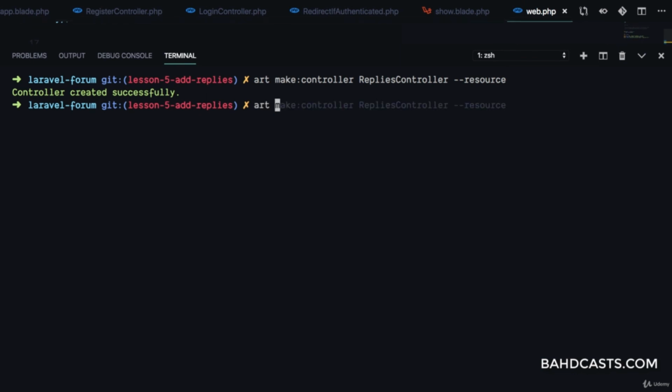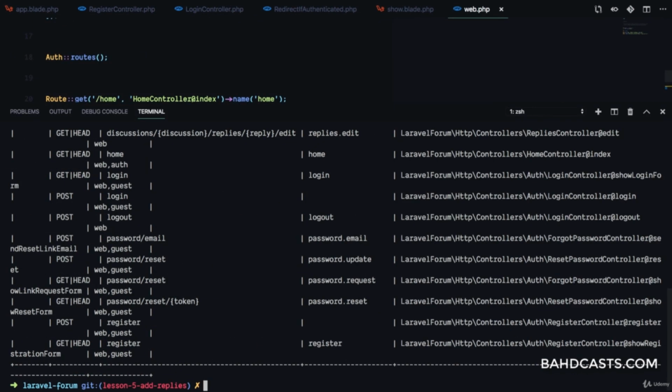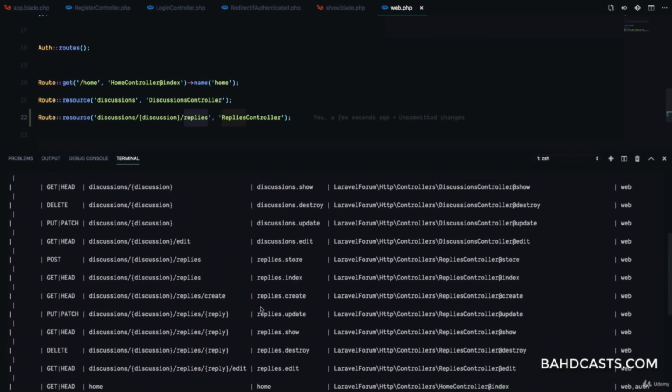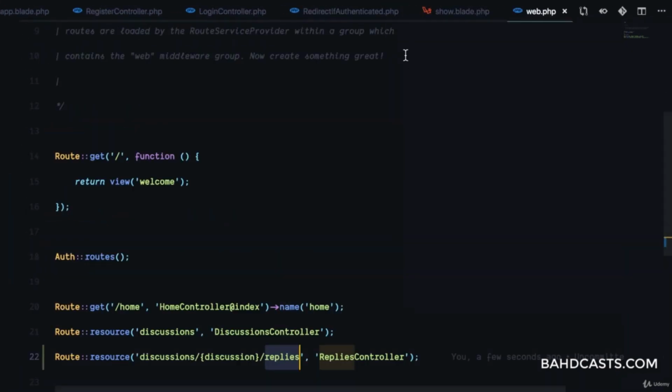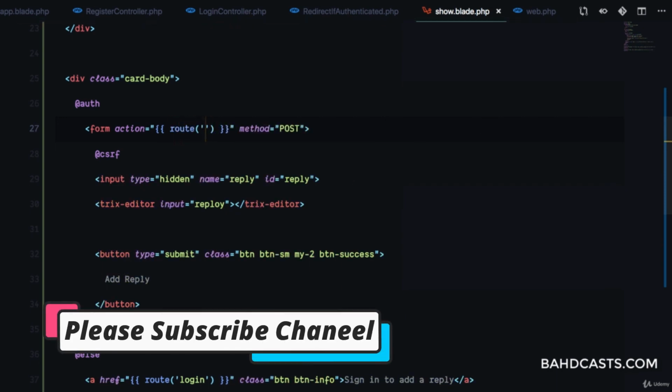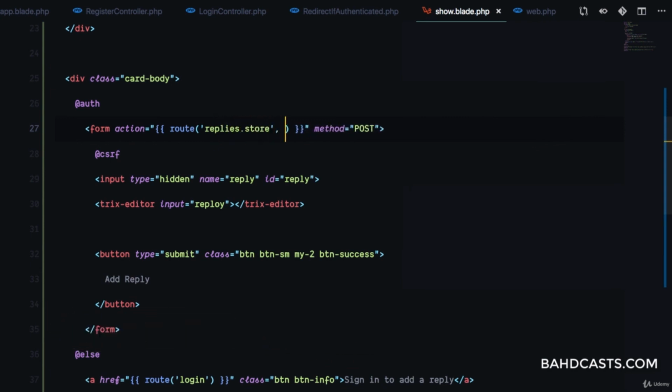And if you want to make sure the routes are registered as expected, you can run route:list, and then if you see right here, for all of the replies routes, we have the discussion right there. Awesome. Which means if we come to show.blade.php and we define the routes for creating replies, so replies.store, what we're going to have to do is actually pass the ID of the discussion. So we're going to say discussion